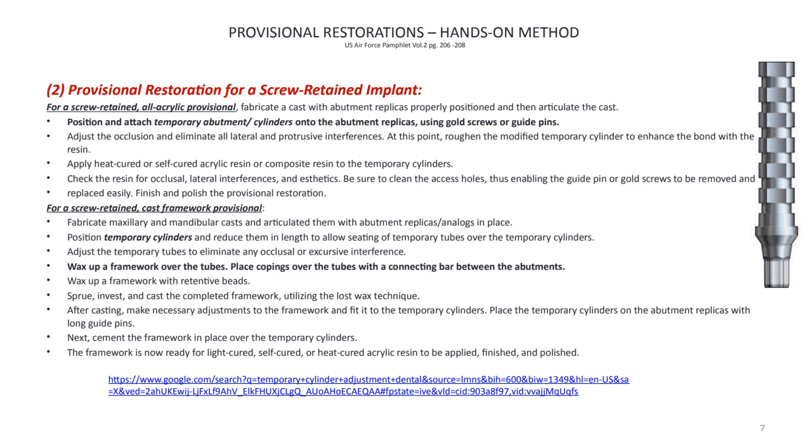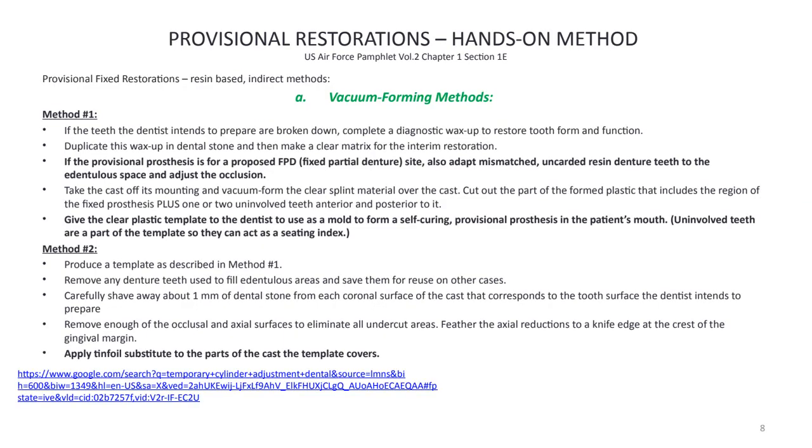So it's a little more involved technique because this uses a more involved procedure through waxing and sprueing and investing and casting. Okay. A vacuum provisional fixed restoration can use resin-based indirect methods such as vacuum forming methods. So the first method will be to use a vacuum form method. The vacuum form method involves